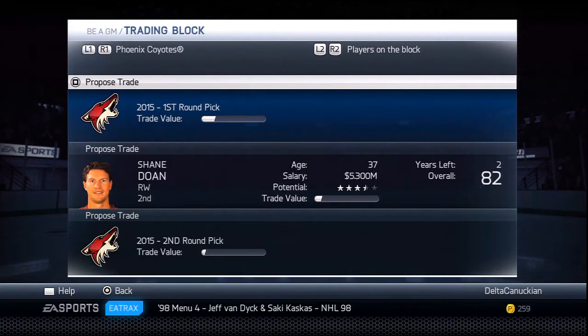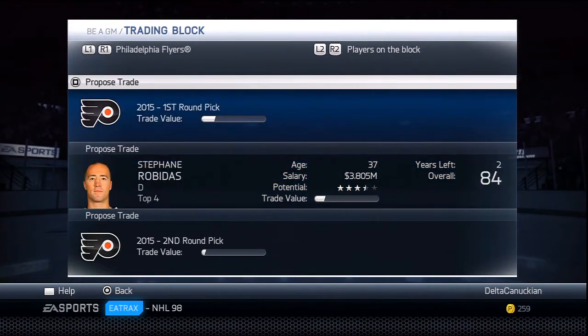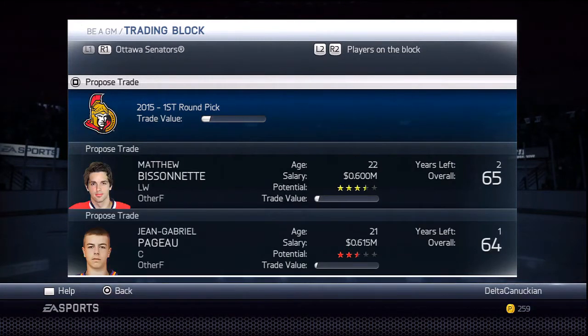Please tell me someone is... Shane Doan would fill a hole on the second line, and then I guess I have Purcell on the first. There isn't a playmaker, so Purcell on the first makes sense. So maybe I should be looking for... Even though he's better suited to a second line role, just in terms of the player type, I'd have 2 snipers and then a playmaker, and then...